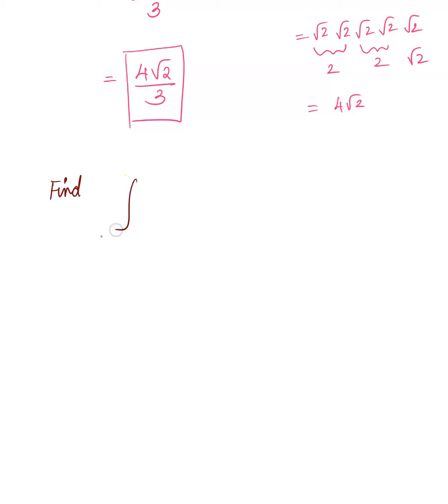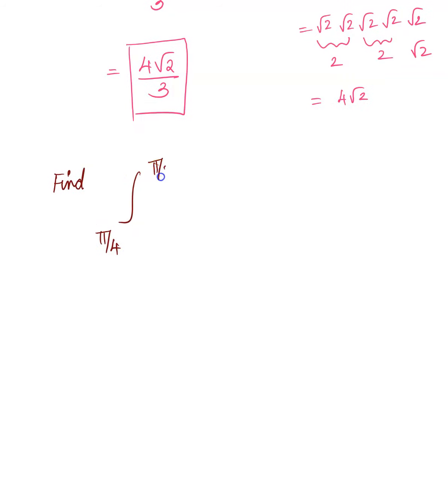Find the integral from pi over 4 to pi over 2 of cotangent theta times cosecant squared theta d theta. Okay, that's given to us. Again, you want to go back to the formula and see which one gives you the integral formula. So if you go back, you'll see that if you chose